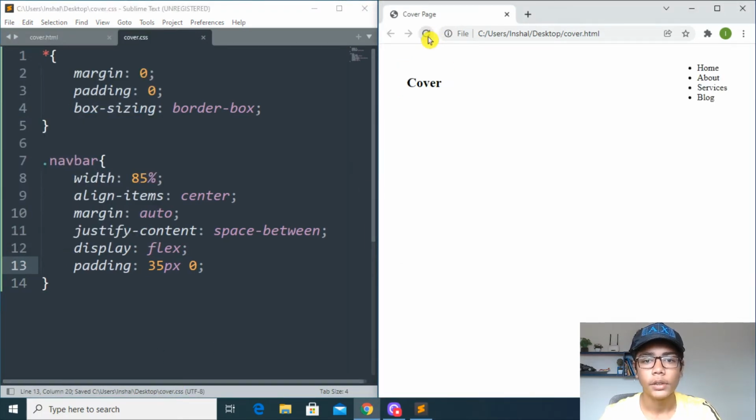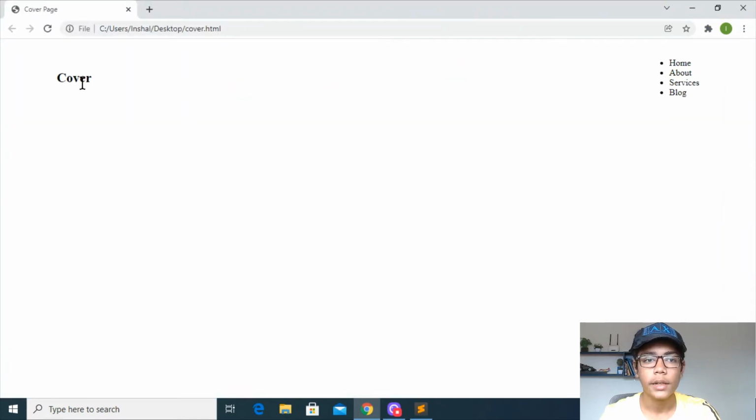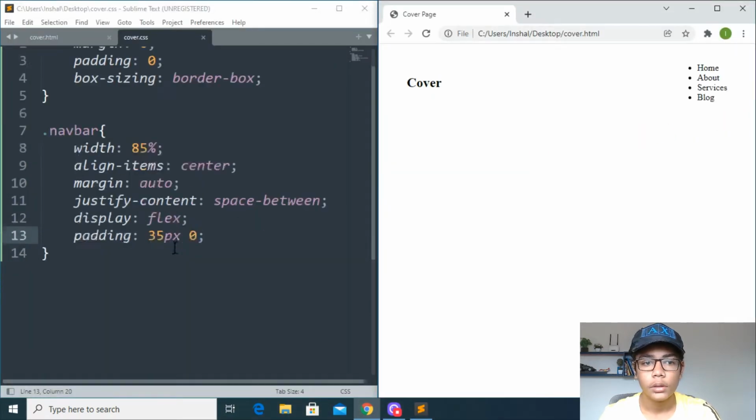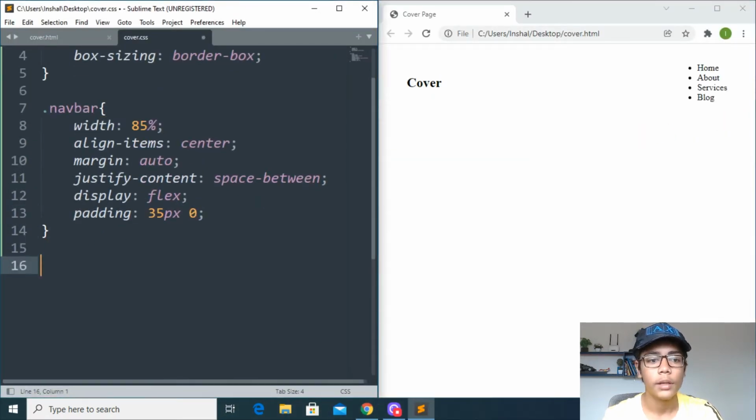So if I do that, save here, so save here again, then I'll be going back and hit refresh. So you can see that this is now having a padding from the top and from the left side, and it is at right side, but it is not in line, you can see that, and it is also having these dots here. So here we will be removing that also. So for removing that, you have to come here, then you have to again define navbar class. Here I will be writing UL-li.